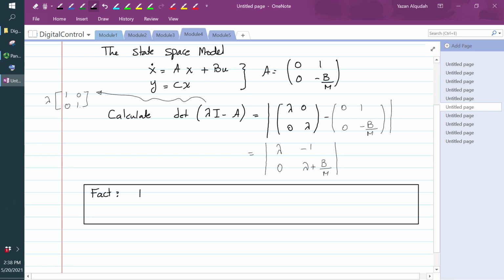The determinant of a 2 by 2 matrix, if the matrix F is equal to F11, F12, F21, F22, is given by